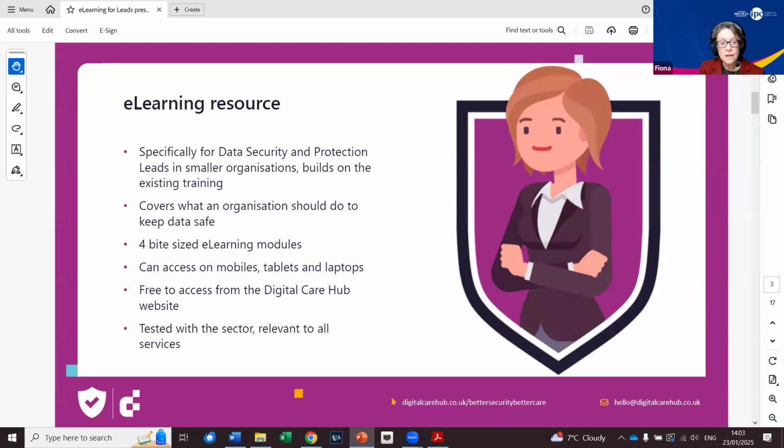There are 4 modules, called bite-sized e-learning modules, that hopefully you can do in your own time, in stages. Each one takes about 10 to 20 minutes, and you can come back to the e-learning at any time. You can access it on phones, mobiles, tablets, whatever you like, and it's free to access from the Digital Care